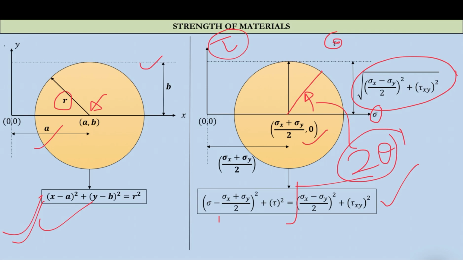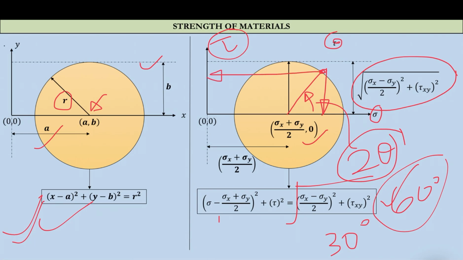So if you want the state of stress on a plane at theta in the body, let us say 30 degrees, we have to check at 60 degrees on the Mohr circle. So this point, this corresponding sigma will be sigma n, and this corresponding tau will be tau t. And here you can see these are the extreme points, and these are the principal stresses. So these will be the extreme values.